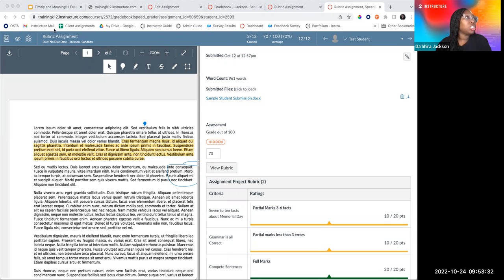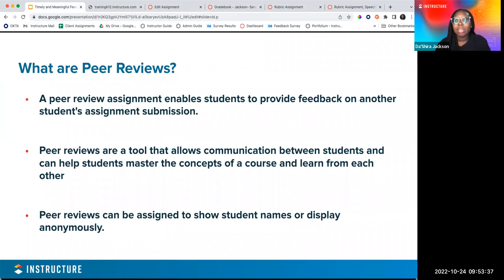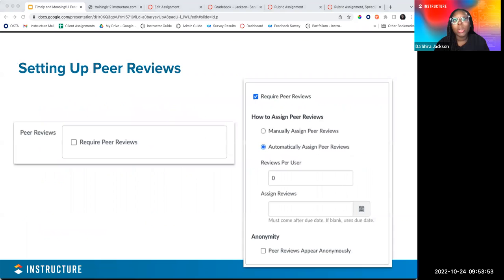The last thing I want to quickly show you is we also have the option to do peer reviews in Canvas. Peer reviews would basically pair up your students with one another to provide feedback on an assignment that they've turned in. You can absolutely upload rubrics as well for peer review assignments for your students to use to provide feedback. When you're setting up assignments, there'll be an option that says require peer reviews. Once you click that box, it's going to ask you, how would you like Canvas to handle it? Do you want to manually pair your students up, or would you like Canvas to automatically pair students up?